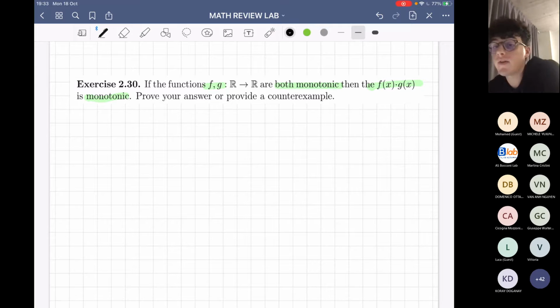We can prove it if and only if we know a theorem which states so. But as far as I remember, there is no theorem which states that if two functions are both monotonic, their product is also monotonic. So if in the exam you don't remember the theorem, maybe it simply doesn't exist. And if it doesn't exist, it's even better for you because you don't have to prove it. You just have to prove that it doesn't exist, by providing a counterexample.